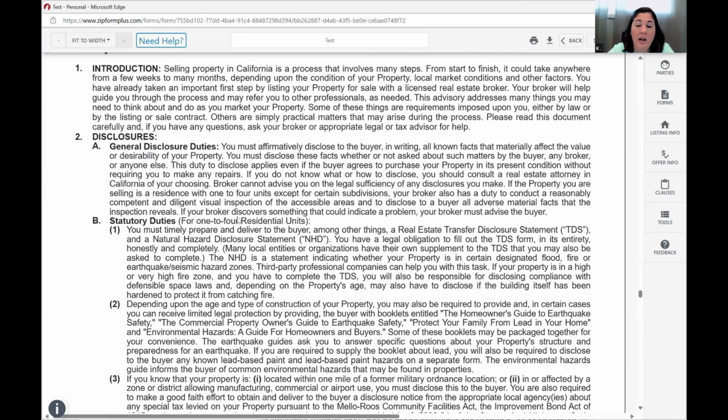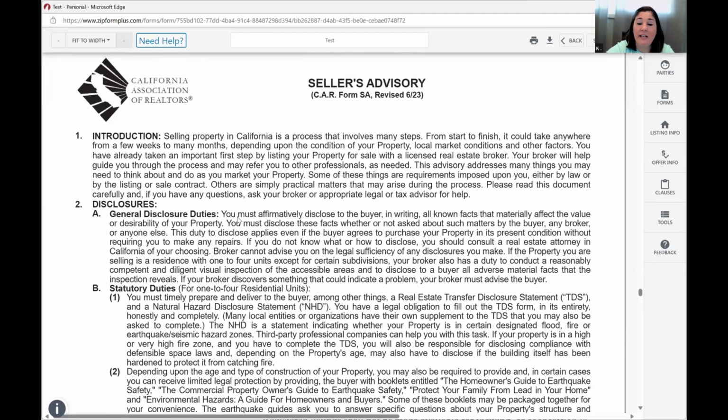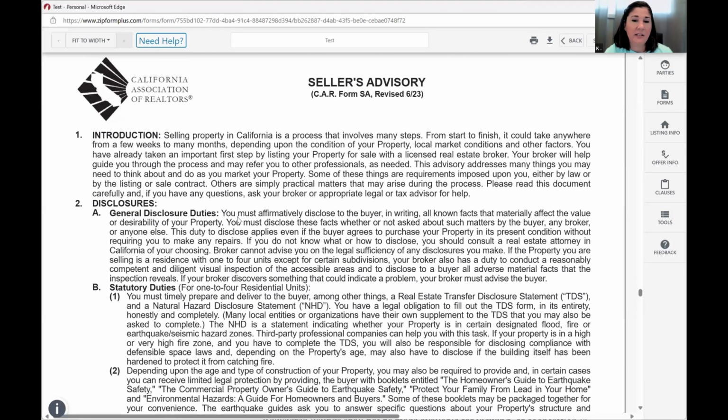Seller advisory. I think it is, and hopefully the next class that we're going to do is the TDS and the SPQ. It is very, very important as a listing agent that you understand the disclosures in their entirety. One of the things that I want to bring up real quick before we end this class is on the TDS where you sign it. One of the things that says for the listing agent is it's based on the agent's visual inspection and I'm